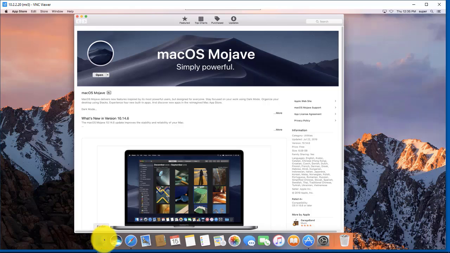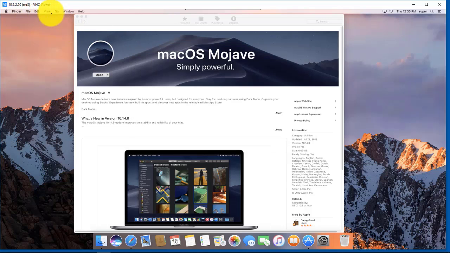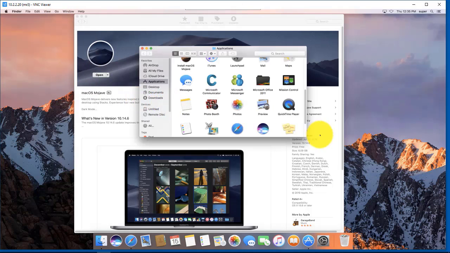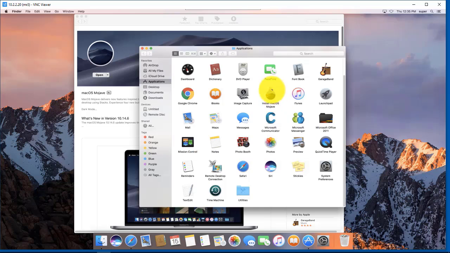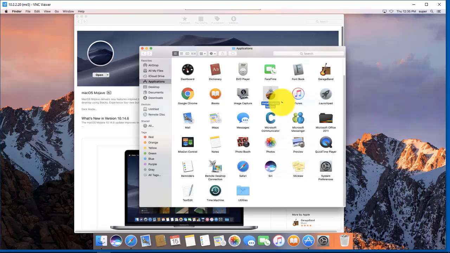Now you want to go to Finder. Click on Finder. On the top menu, you want to select Go to Applications, and you're going to see the download of the Mojave. Now you want to right click the install file, select Show Package Contents,